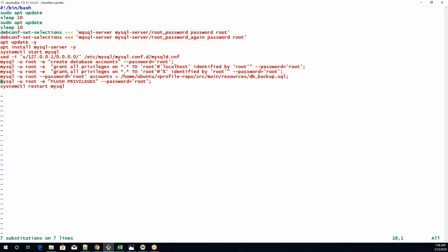Okay, so this script is going to set up the MySQL database for me, user root, and the password is also root. It's going to enable remote login, create the database accounts, grant full permission to the root user to access everything, and then use our SQL file, which will be in our source code. So in the Tomcat script, we are going to copy the source code,